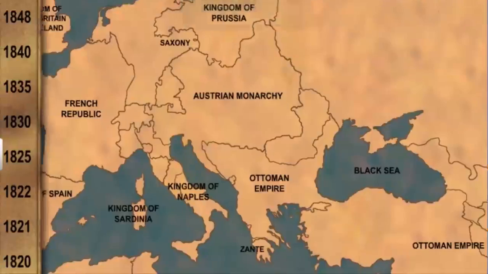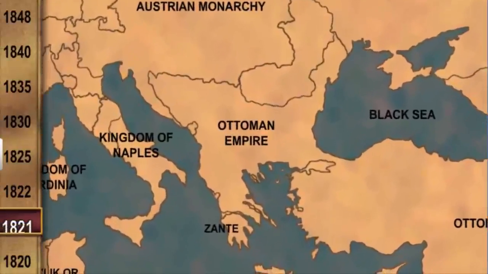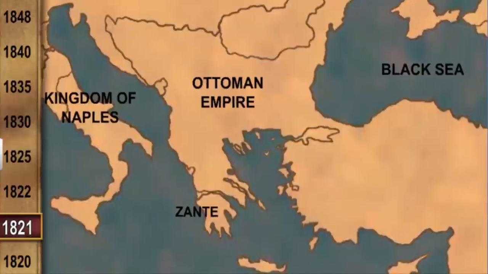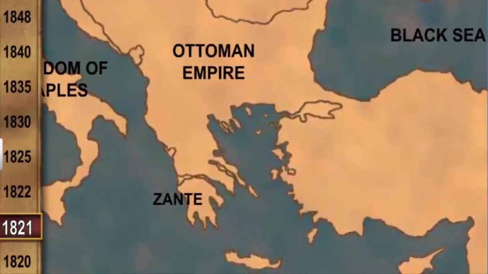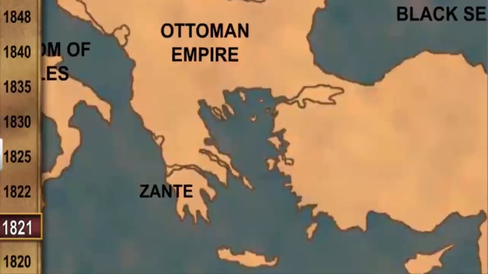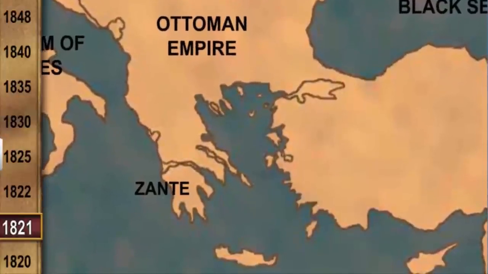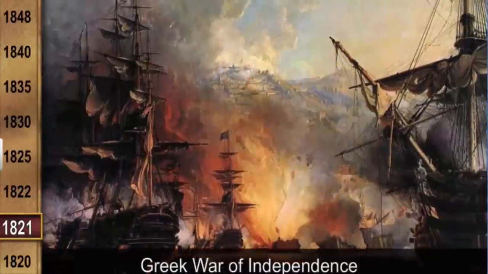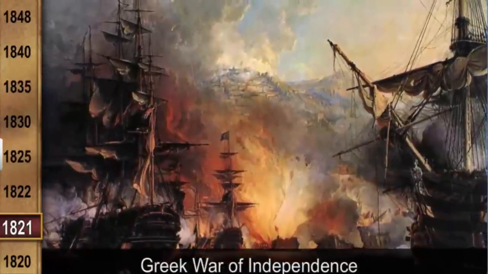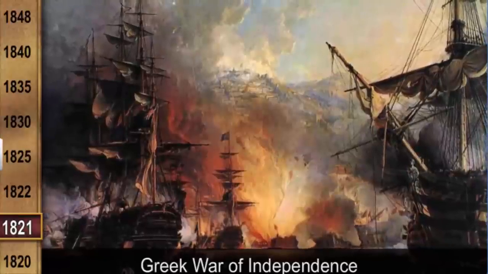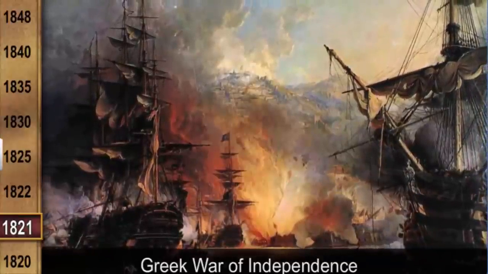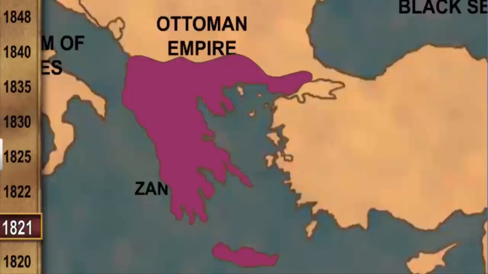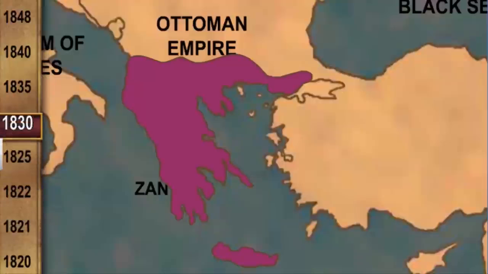In 1821, a significant event mobilized nationalist feelings among the educated class in Europe. This was the Greek War of Independence. The Greeks struggled against the autocratic Ottoman Muslim Empire and began a nationalist movement. After the war, the Treaty of Constantinople was signed in 1832. It recognized Greece as an independent nation.